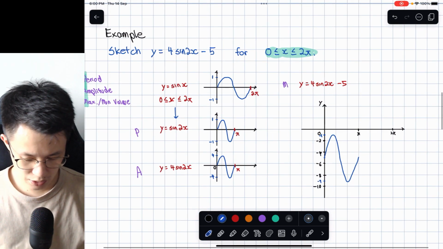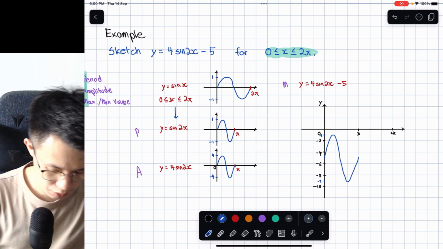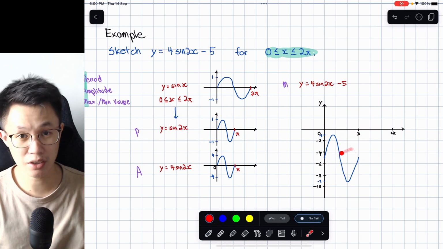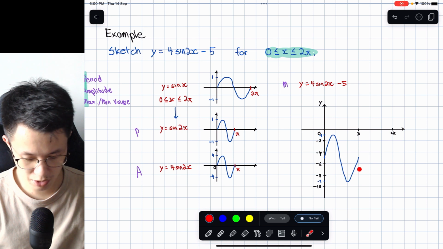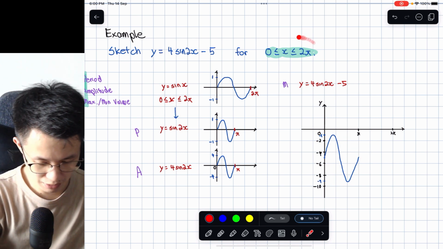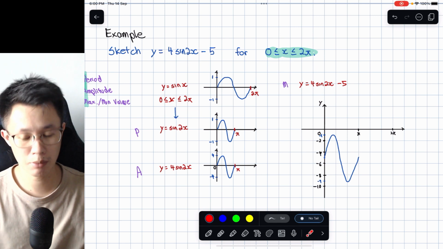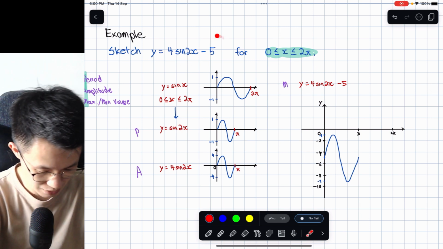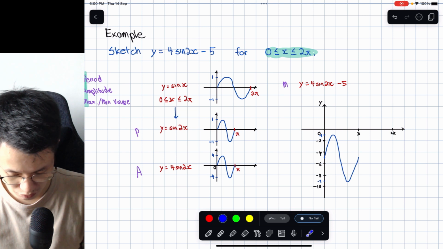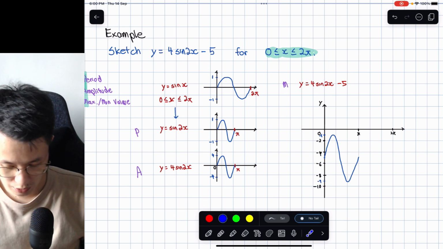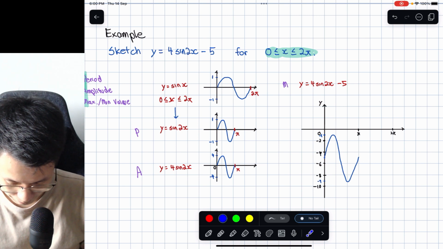Now, the thing is, here you have only drawn from 0 to pi, which is correct, which is one cycle, right? Which is based on the transformation. But what you must understand is that we have asked you to draw from 0 to 2 pi, which means you need to continue drawing, because remember, a sine curve is an infinite curve. So right now you can draw the same thing